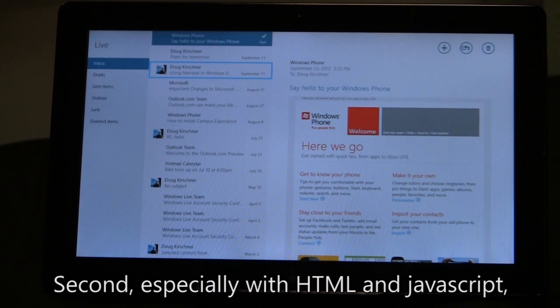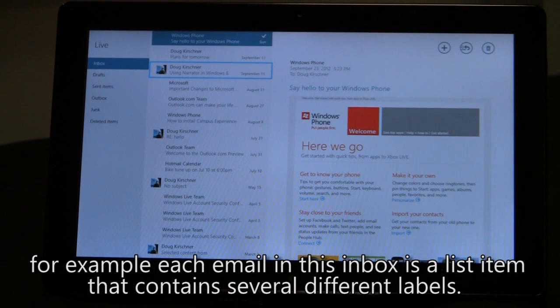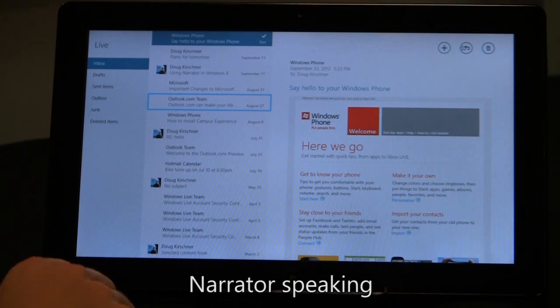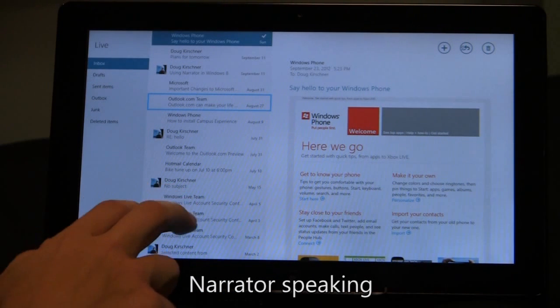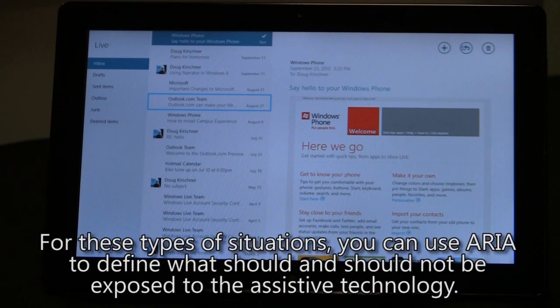Second, especially with HTML and JavaScript, sometimes you may build complex elements out of many sub-elements. For example, each email in this inbox is a list item that contains several different labels. From Outlook.com team, subject Outlook.com can make your life easier with a few simple. Sometimes these sub-elements are not meaningful except to provide a better look. For these types of situations, you can use ARIA to define what should and should not be exposed to the